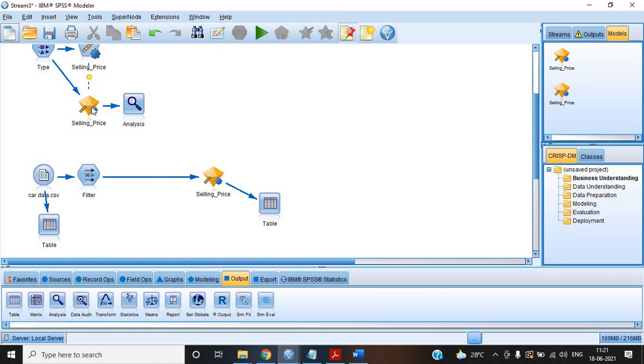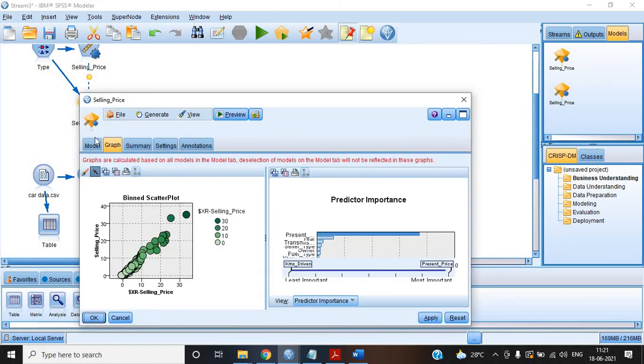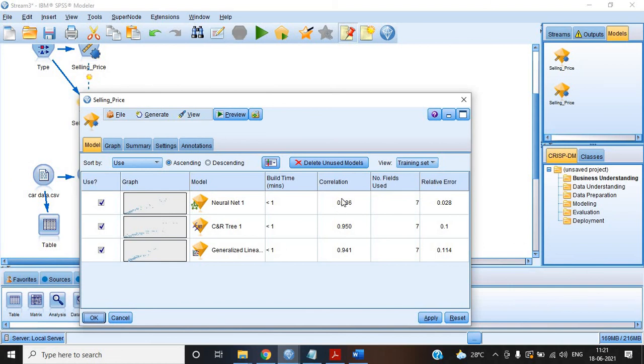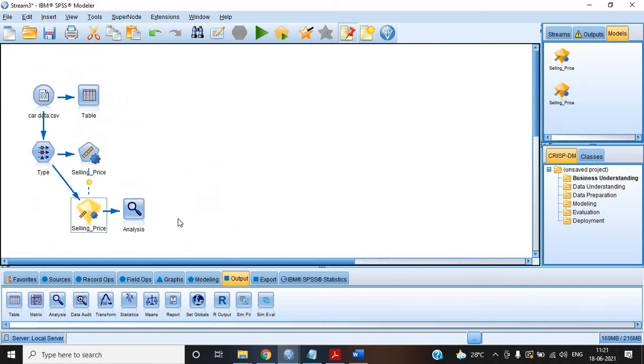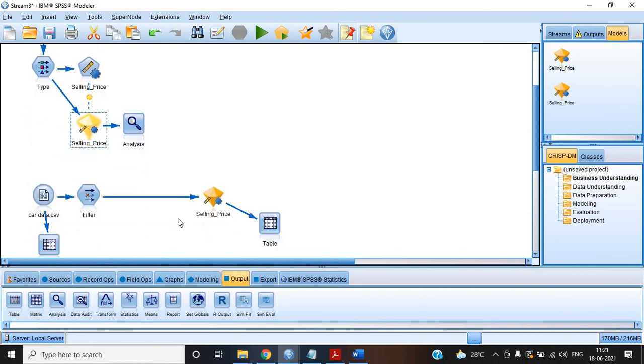Why is accuracy not perfect? You see here, this model, what's the correlation? 0.980, and there is error. You can see, right? 0.028. So it's like 2.8% error. You can see here 0.028, it's there, and also the correlation is not 100%. If it's 100%, then it will be exactly predictable, but it's never 100%, so it will not be exactly predictable. So yeah, this will be for today.